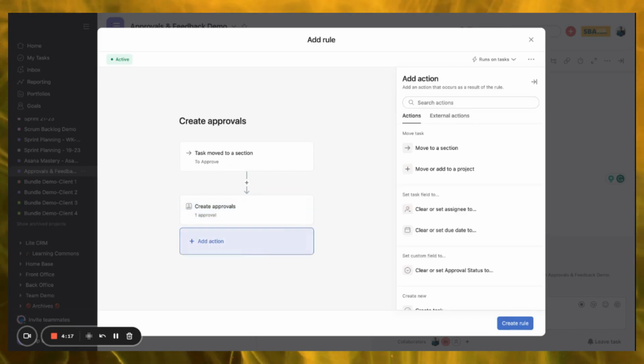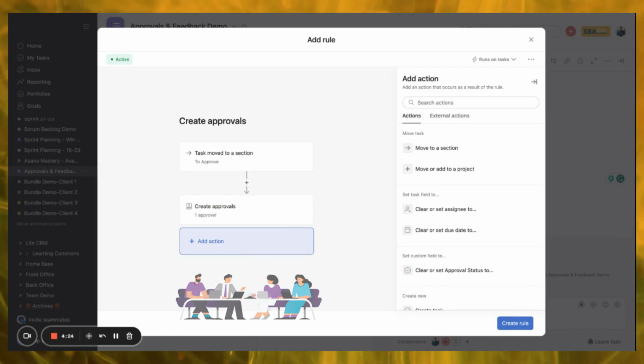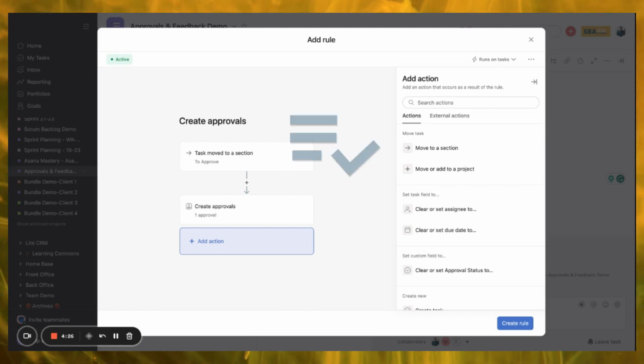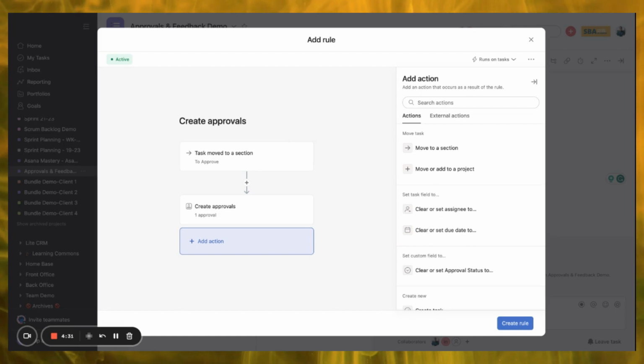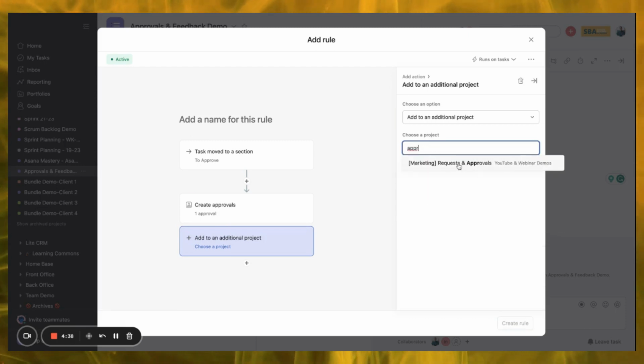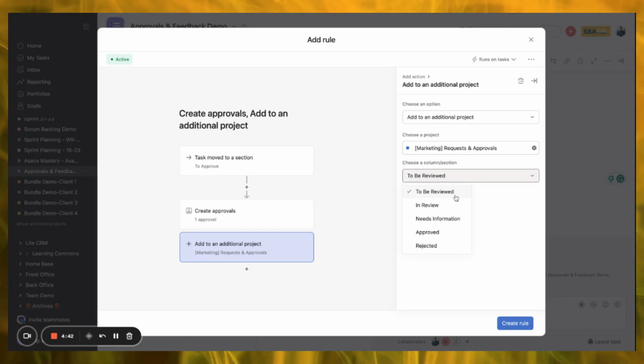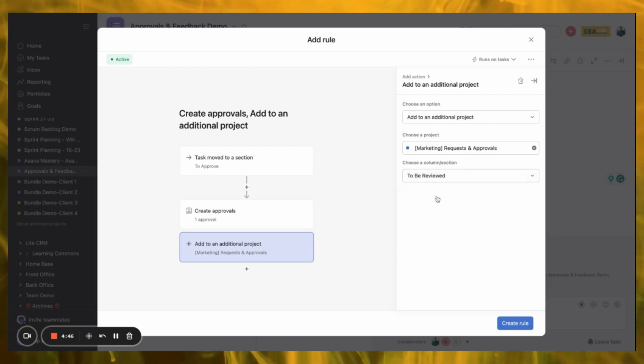If you have a separate project board, for example, where there are additional stakeholders or a leadership team whose only responsibility is to approve these tasks that come through, and you don't want them being bogged down in all the other statuses that need to happen, then you can multi-home this or add it to another project, which I've named requests and approvals. And so we can put it in the section we want, where now the people that are there, they have a separate board, separate rules, separate custom fields, and they would receive this as to be